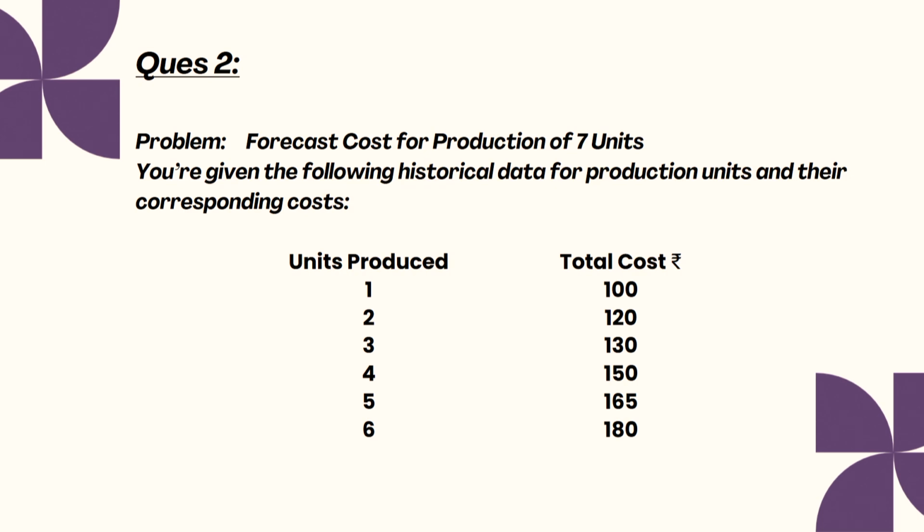Moving to question number 2, which is with regards to the forecasting of the cost for the production of 7 units, you are given the following historical data for the production units and their corresponding cost. We are given 6 units and their corresponding cost, and we are required to forecast the cost of production for 7 units. Again, we will use linear regression. So our y, when we fit a line of linear equation, would be y is equal to a plus b x,